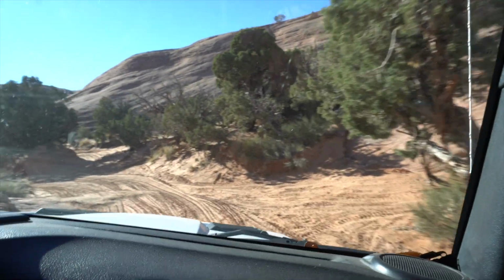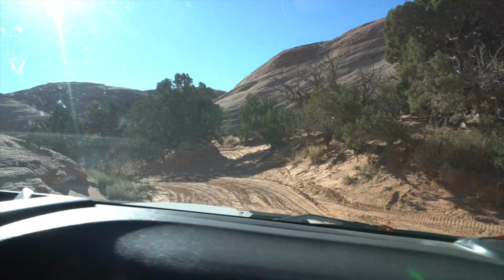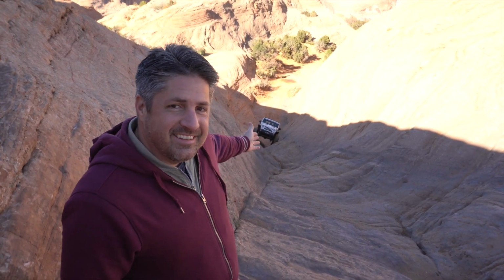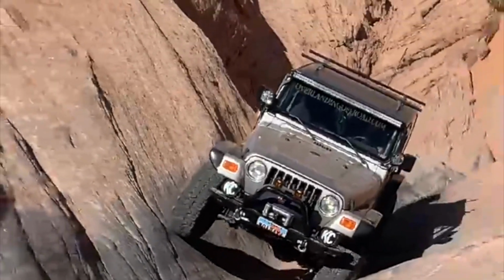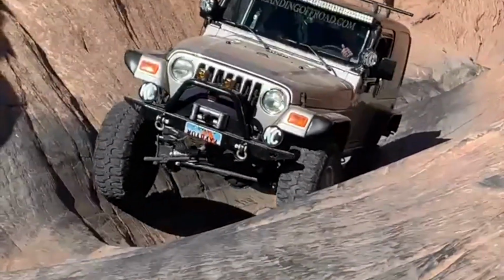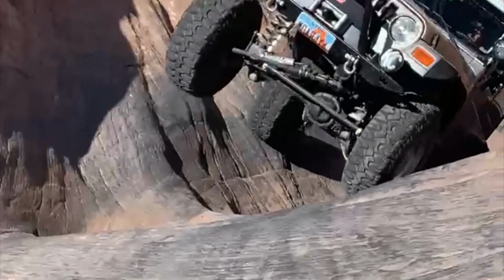Well, we made it down the gates of hell, but what goes down must come up. All right, over on the other side is the gates of hell. And this is the stairway to heaven. Many beginners get in trouble on this section. Here's my friend's front tire coming way off the ground, showing that though this doesn't look that steep on video,